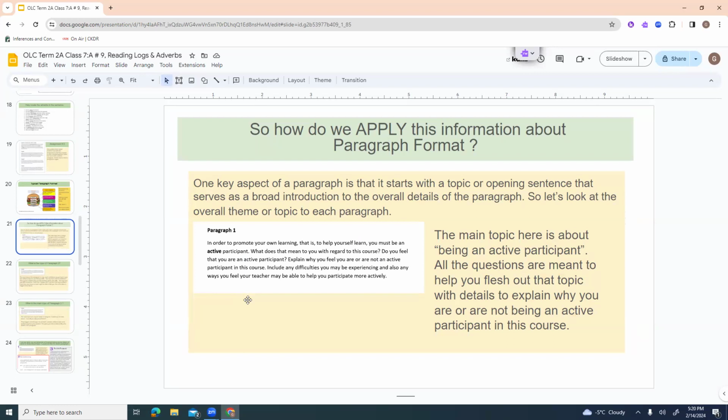So let's look at the overall theme or topic of each paragraph. If you look at paragraph 1, they really state it right in the first line. The main topic here is about being an active participant. So all the questions are meant to help you flesh out that topic with details to explain why you are or are not being an active participant in the course. Then looking at paragraph 2,